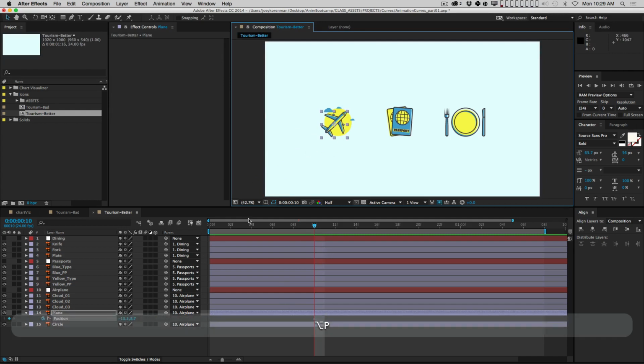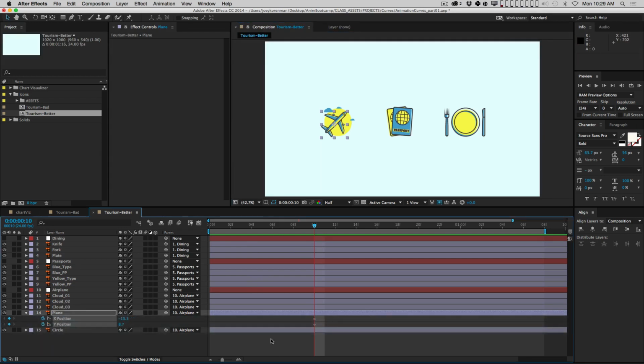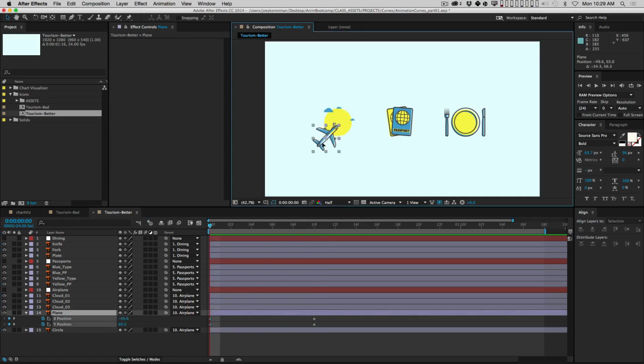So I'm gonna hit Option P. Okay, and for now, I want you to get in the habit whenever you animate the position of something, I want you to right click or control click position and say separate dimensions. All right, you don't always do this, but for most things I do, and I'll show you why in a second. So now let's go back to the beginning of the animation, and let's move this down like this,